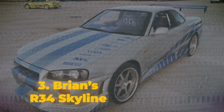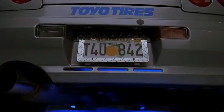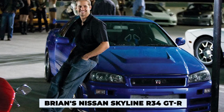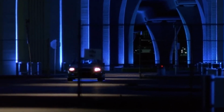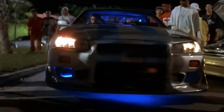Number 3. Brian's R34 Skyline. Suki's S2000 might have grabbed the spotlight, but when it came to the street, Brian's Nissan Skyline R34 GTR was the real deal. It's one of the most iconic cars in the Fast and Furious universe, but my heart still hurts after that EMP harpoon killed this beautiful machine, especially since Brian returns to his tuner roots with his GTR